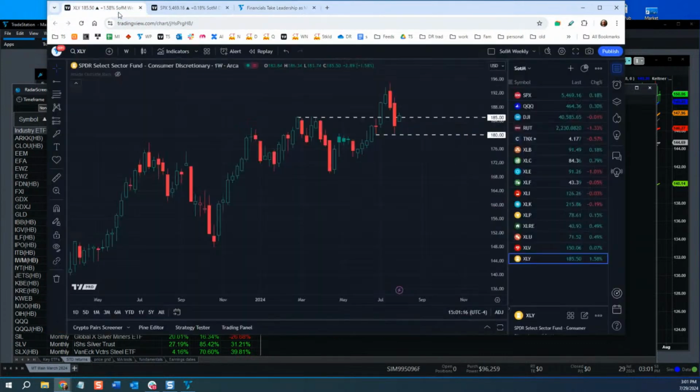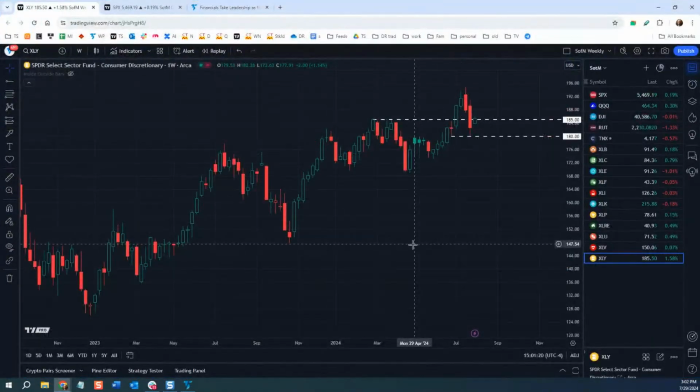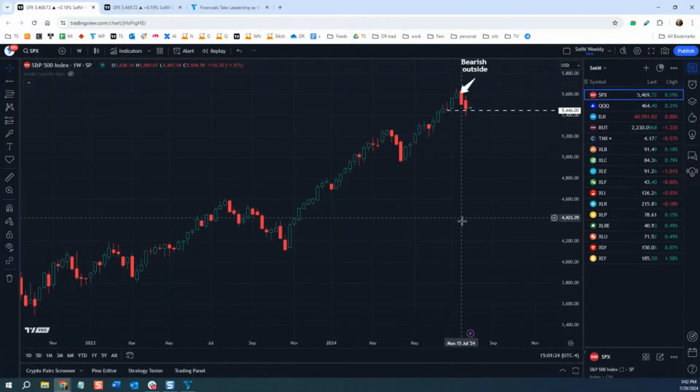But what I want to really do now is I have a list of key ETFs here and the indexes that we all look at. I'm just going to start with the S&P. The first thing I want to mention is, if we take a look at the big picture here, you can see there's a little inside week trying to form. We have two big negative candles down, and now we're back to some levels here.